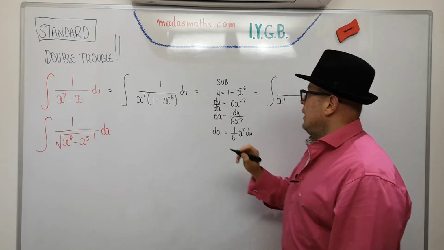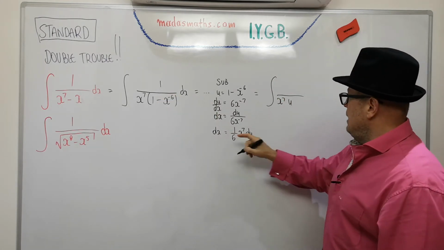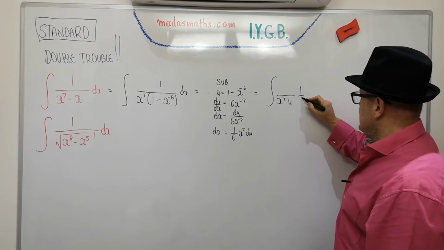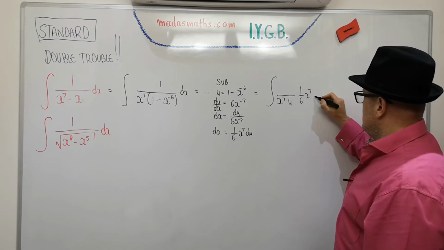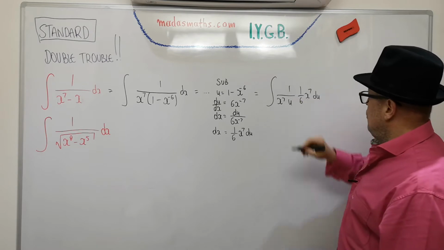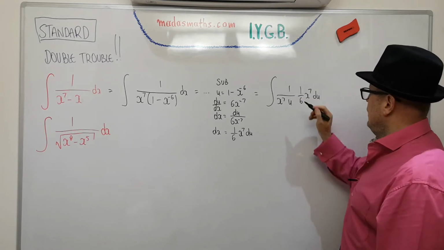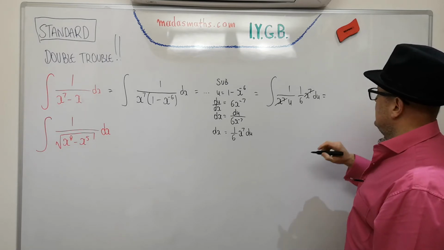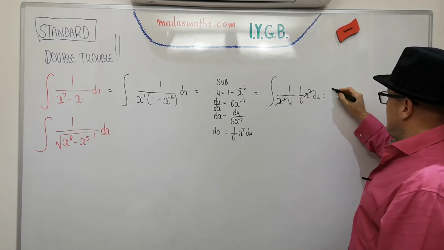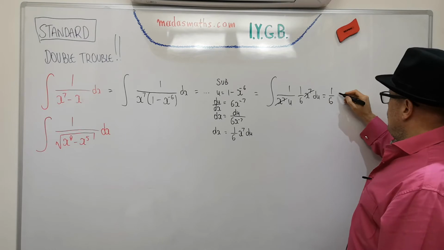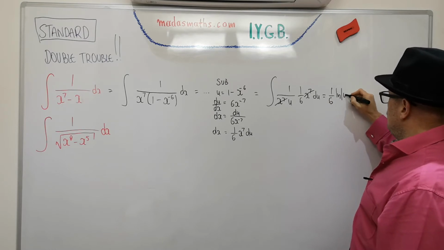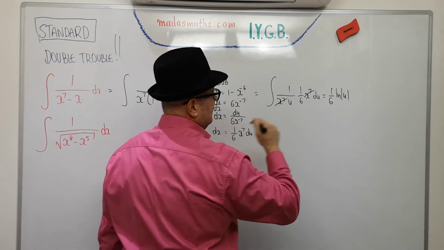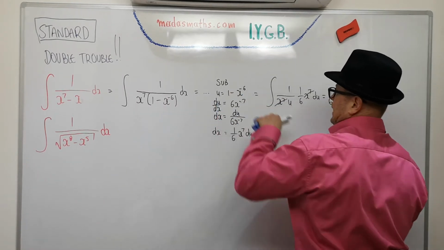All of this bracket now has been called u, and my dx, let's make some space, is in fact 1/6 x to the 7 du with a 1, of course, on the front. The x to the 7 will cancel, that's why we've got this, and this is 1/6. 1 over u, of course, will integrate to the log of mod u. And if we want to finish this particular line, is of course put our substitution back in, which of course,